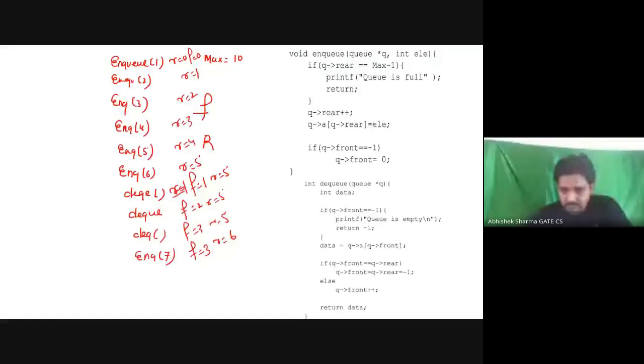What is happening? Is it now visible? Still not visible.